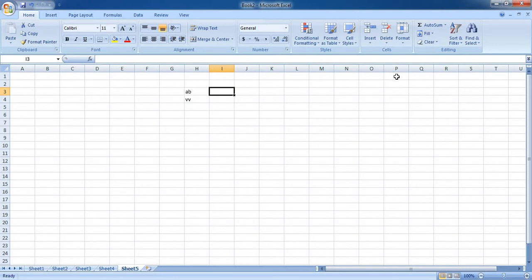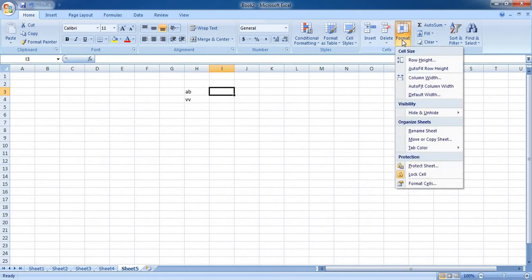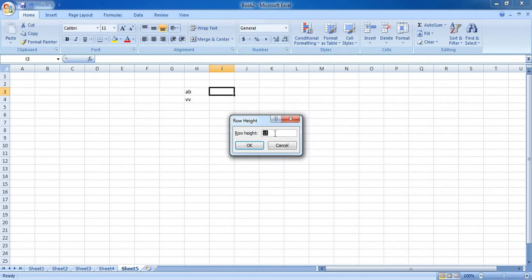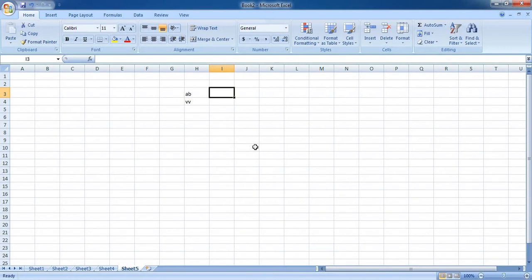Either you can go for the shortcut or you can go to home tab, cells group, and select the option that you wish to execute. Now let us talk about what options we have in format. Using format option, we can increase row height. Go to format option. The first option we have is row height. Now it is 15. You can make it 20. And the selected row height will be increased. As you can see, the cursor is placed at row number 3. Height of row 3 is now increased by 5 points as compared to other rows.